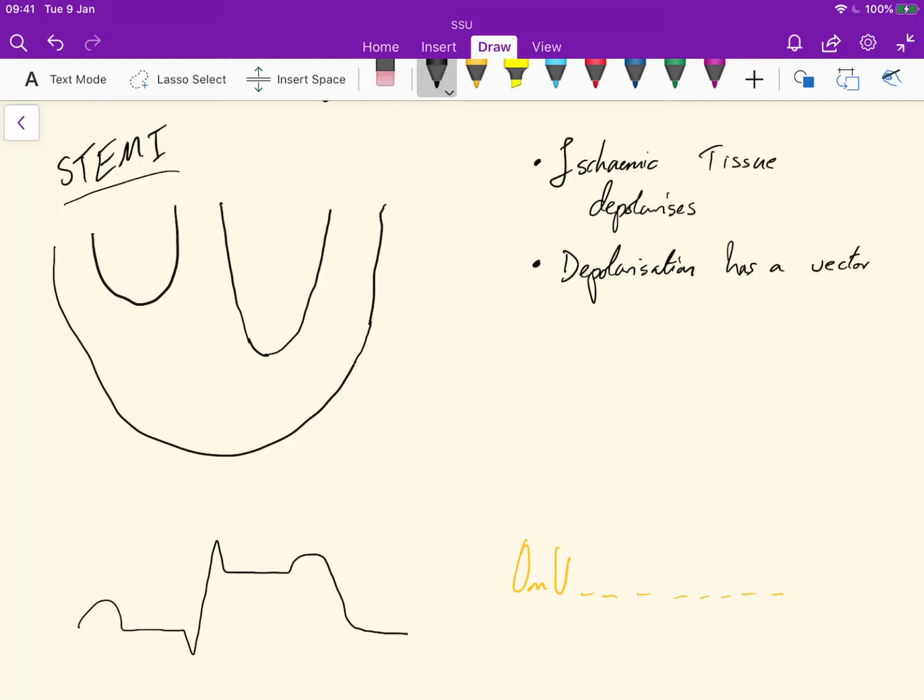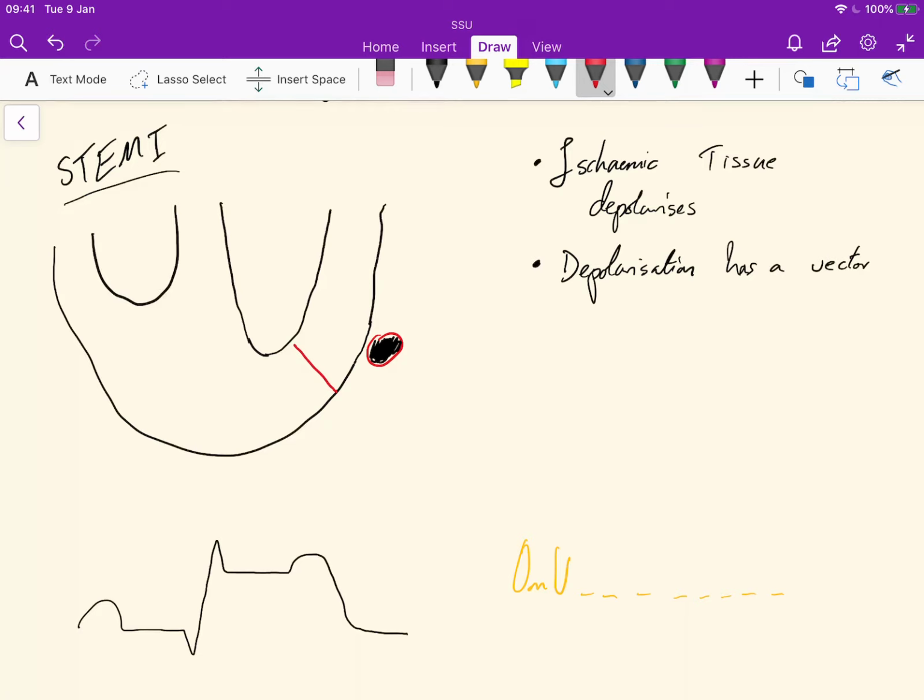Okay, so a STEMI is ST elevation. These are usually, well, pretty much always worse than an NSTEMI, and that's because they affect more of the heart. They're usually due to a total occlusion of an artery, which means that even at rest, the artery can't supply this area the heart's demands for oxygen,